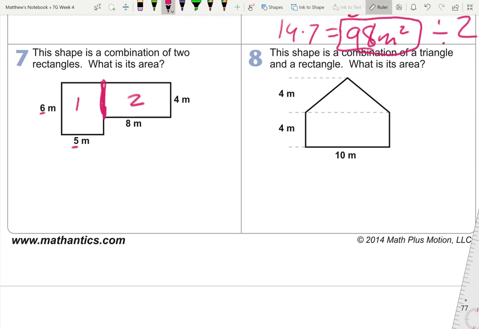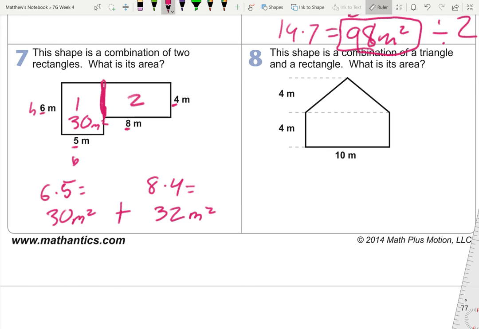And so I have my base and my height here. So it's going to be 6 times 5. And then over here I have my base times my height again. So it's going to be 8 times 4. Well, when I figure out that the area of this rectangle is 30 meters squared, and the area of the other rectangle is 32 meters squared, I can simply just add these together,